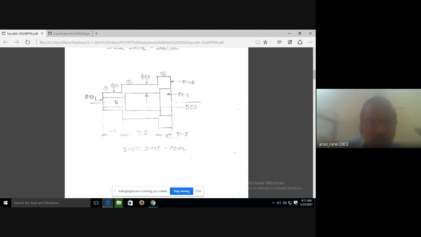When you are taking outside diameter, that time you have to add it. That is what you have to remember, because many times I have seen students take 36 for ID 33. The moment you say 36, that means there is no stock. So that care you have to take.